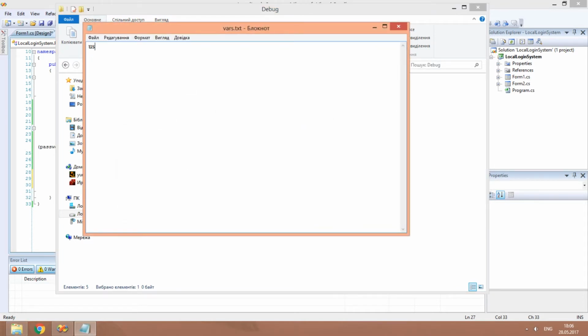Let's write two usernames and passwords in a file, separating them by a space symbol. Save it and close.